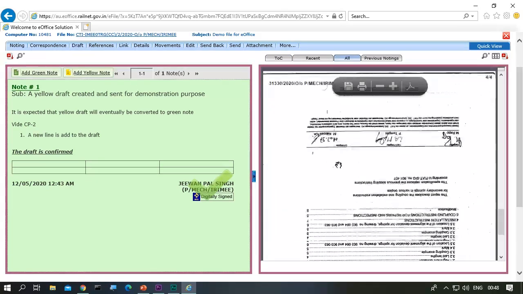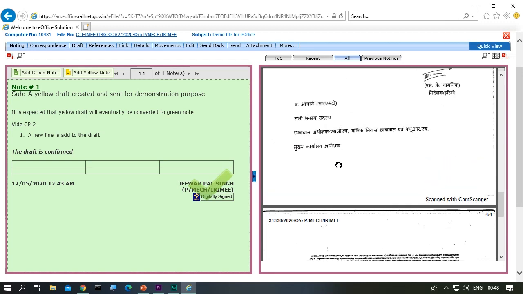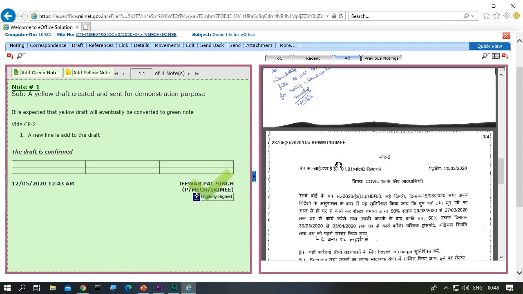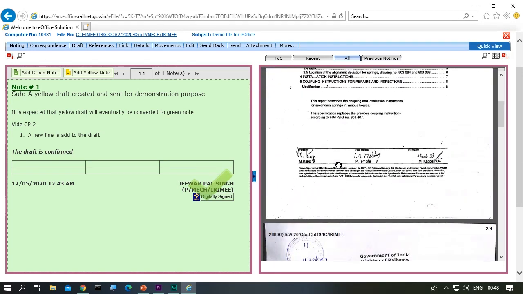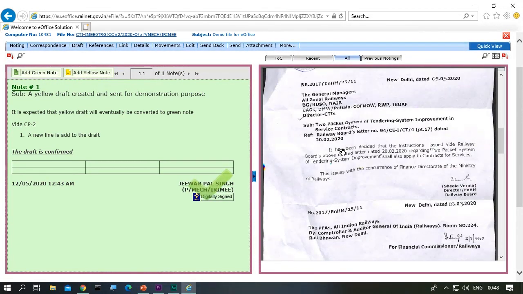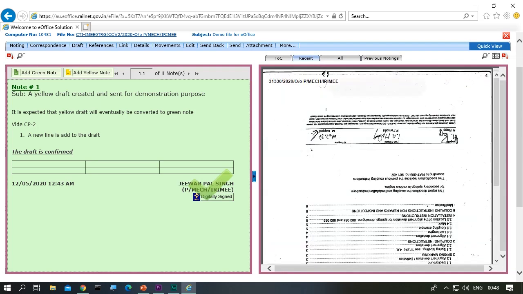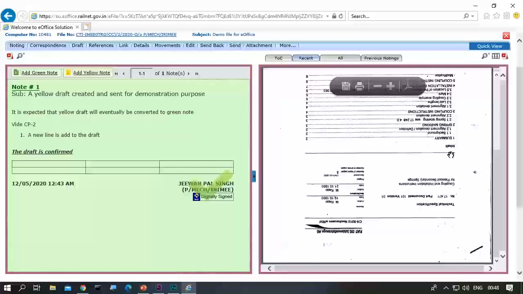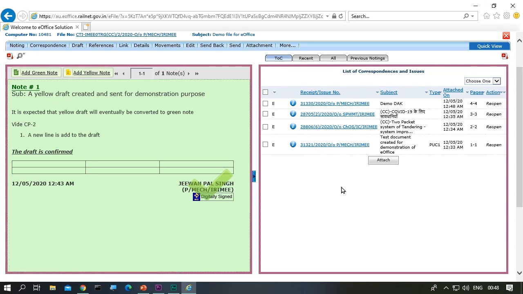Now under the all tab, we can see all of them are sequentially numbered, CP side numbering. If you want to check the recent one, there will be only one paper, the fourth one. In table of content, all of them are shown with detail on what date which one was added.